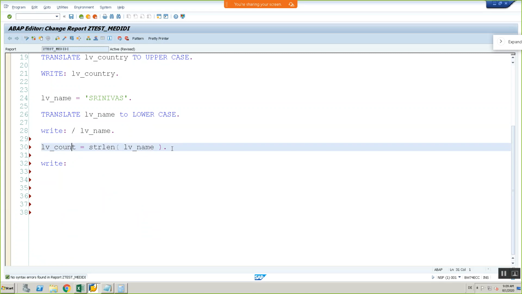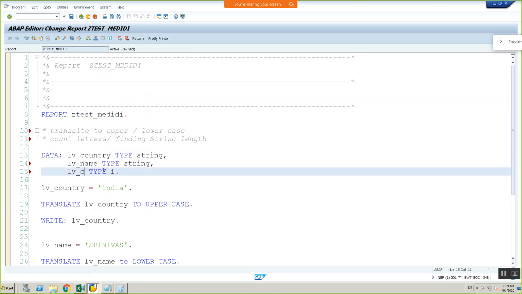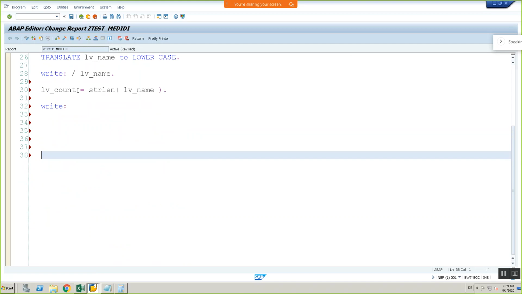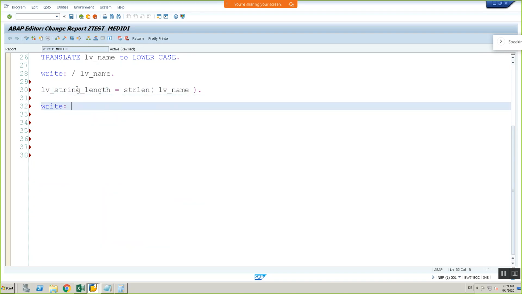Then this word is not correct, instead of count we need to use string underscore length. Now here also string underscore length, right? LV underscore string underscore length.